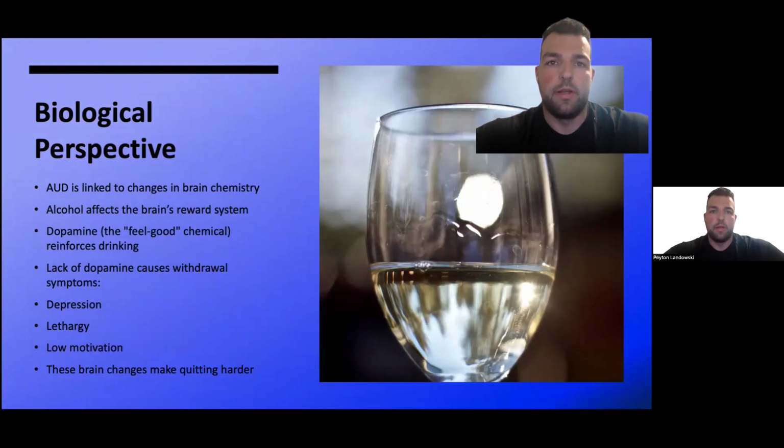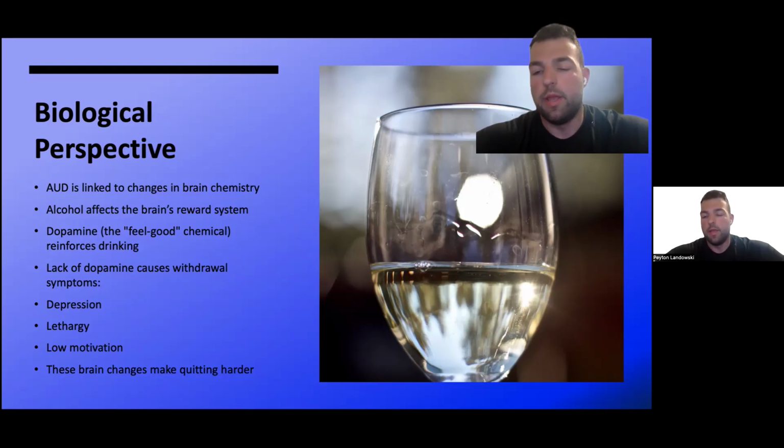Looking at the biological perspective, there are different ways in which alcohol use disorder originates. The biological perspective explores the connections between genetics and brain chemistry. At the root of most substance abuse disorders is the brain. With all drugs, including alcohol, the brain's reward system is altered. Dopamine, the brain's feel-good neurotransmitter, makes drinking feel good and hard to stop. When the brain does not constantly receive this influx of dopamine, it can compensate, making the person feel lethargic, depressed, or unmotivated, symptoms that align with withdrawal.